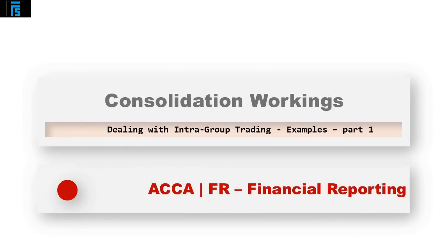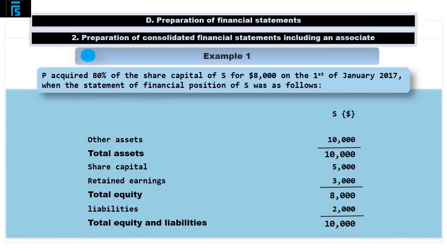In the first consolidation working video to accompany the module devoted to dealing with intra-group trading, we will build on scenarios already introduced in previous modules, but this time assuming that inventory is being transferred between the parent and its subsidiary. So example 1 reads, P acquired 80% of the share capital of S for €8,000 on the 1st of